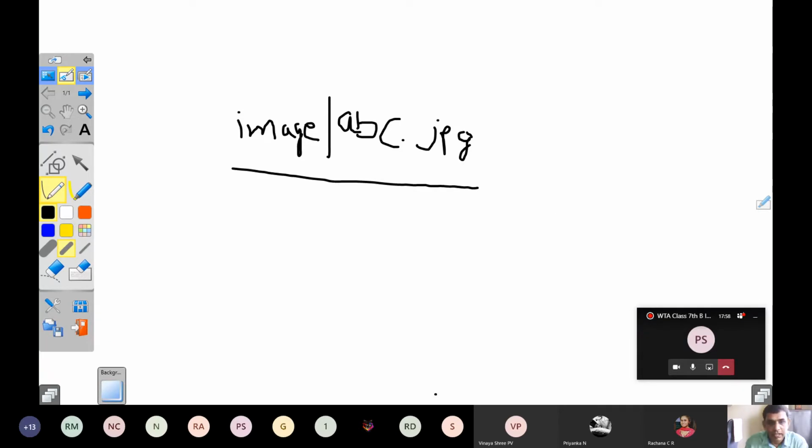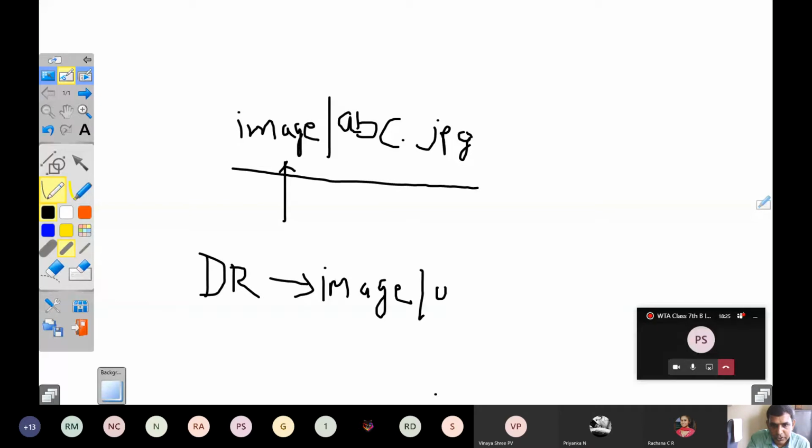Now, what does it say? The complete path is not specified here. It says go to the folder image. Which folder? Image. In which directory? The image folder is in the document root. So you need to go to the document root, and in the document root, you go to the folder image. In the folder image, you are referring to the file abc.jpg. So that's what relative addressing means.